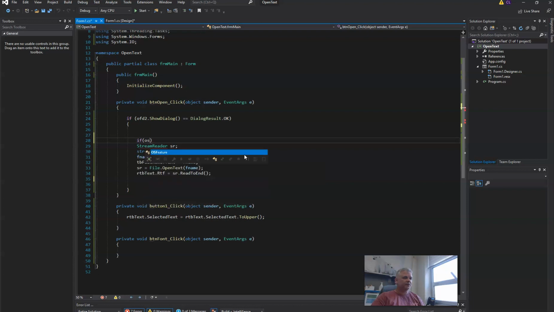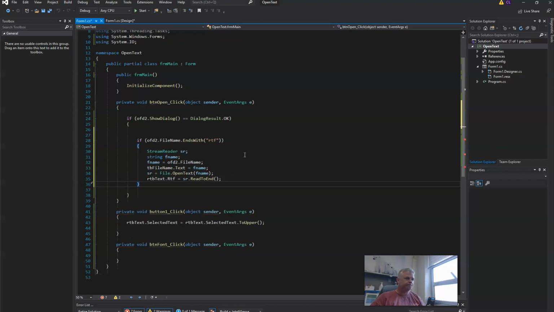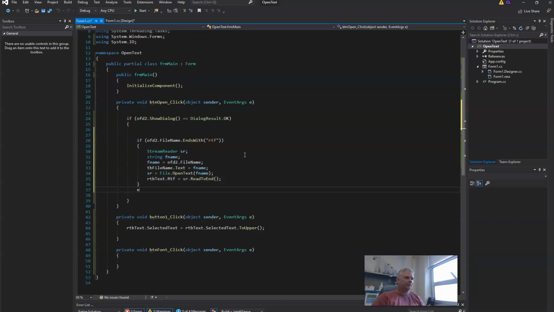We're going to say if ofd2.filename ends with "RTF", we're going to do what we talked about here. Else if,